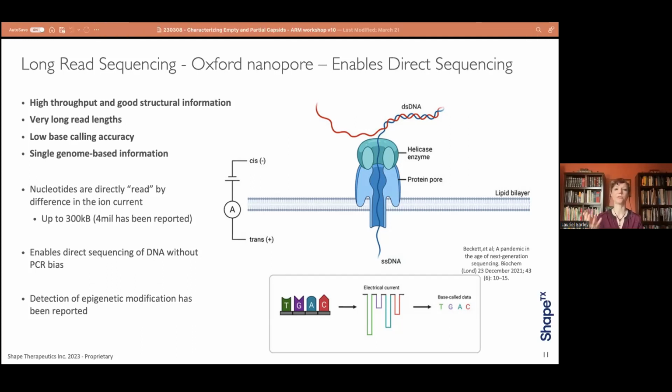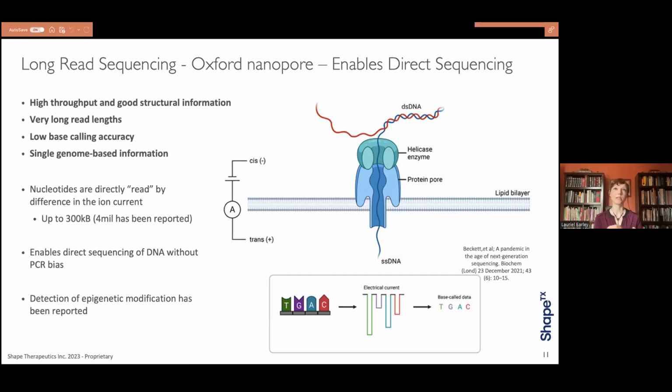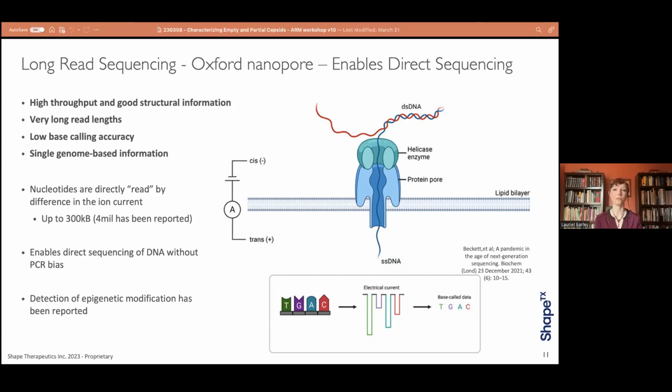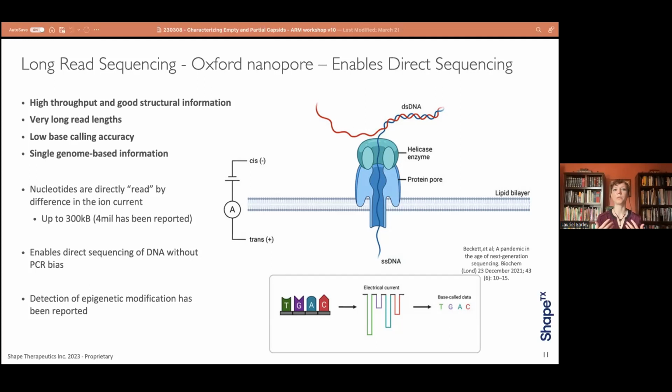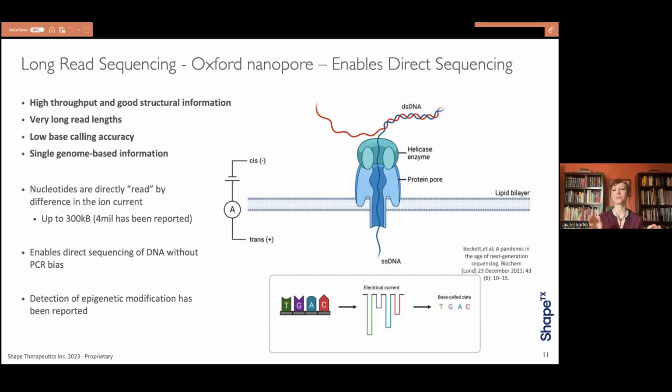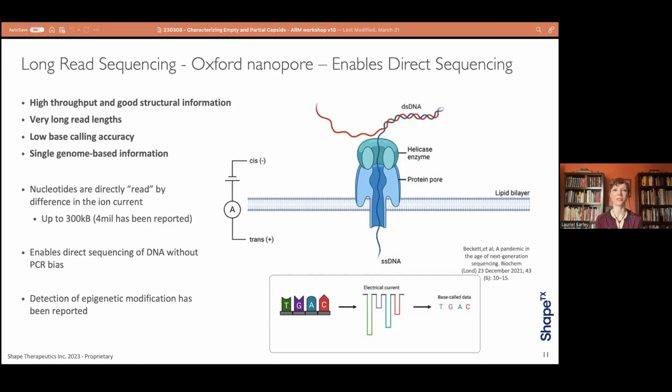And so as the DNA goes through the pore, the electrical current will change, and you can recognize distinct signatures from each nucleotide. So instead of doing the sequencing by synthesis, you're actually directly reading those nucleotides as they go through the pore. You can get really long read lengths for this. It's even been reported that someone was able to make a read length of 4 million bases, far larger than the 5,000 for AAV. So you can certainly do full single molecule sequencing of AAV on the Oxford Nanopore, and that has been published in the literature.